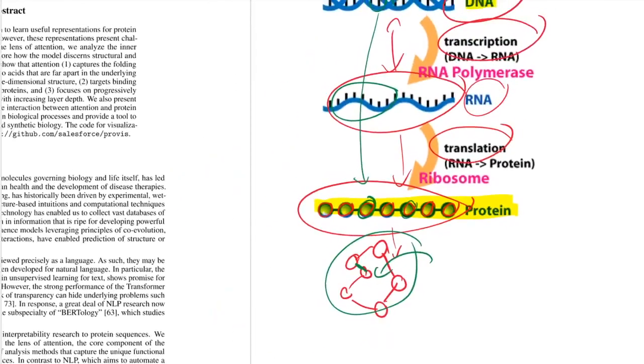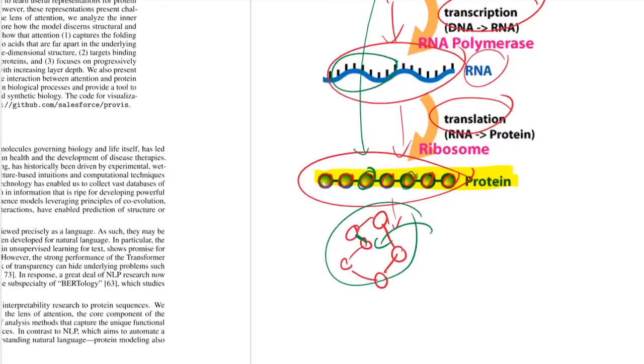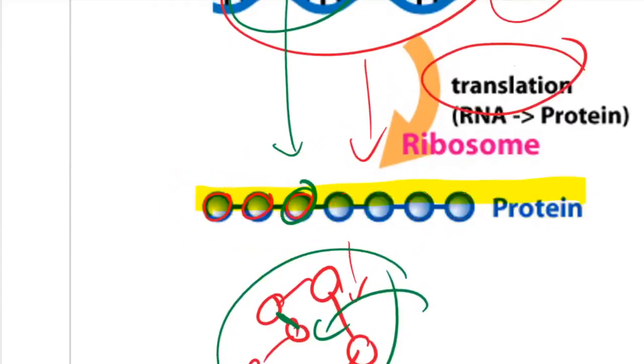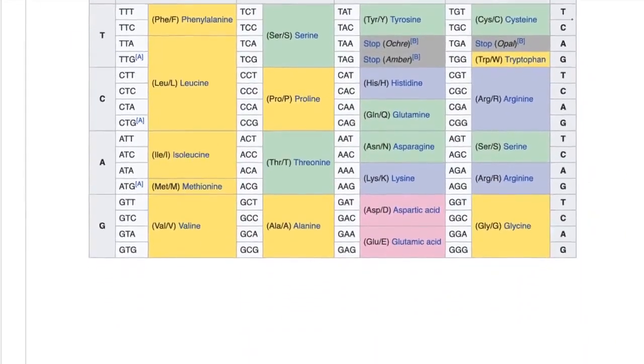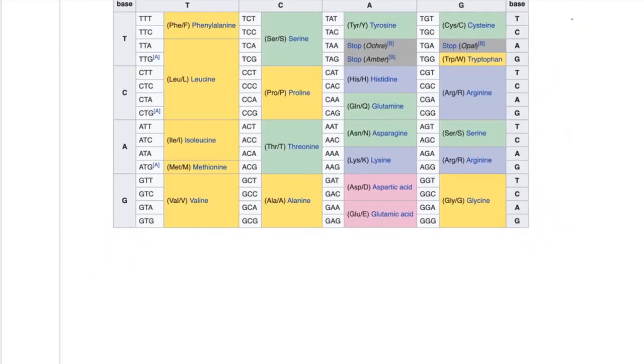So what does this paper do? This paper takes a model that has been trained on protein data. If you look at this protein, it is simply a sequence of amino acids. And these amino acids, they all have names. I think I have a table somewhere here. Yes, so these are the different amino acids that exist. And you can see a protein is simply a